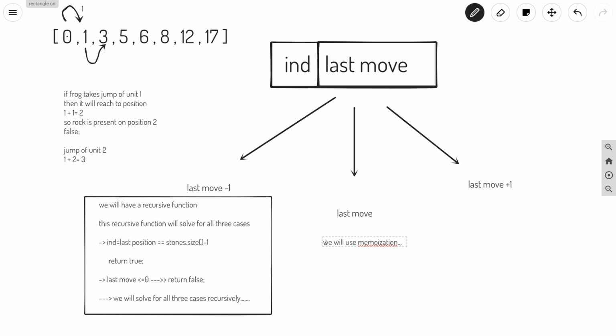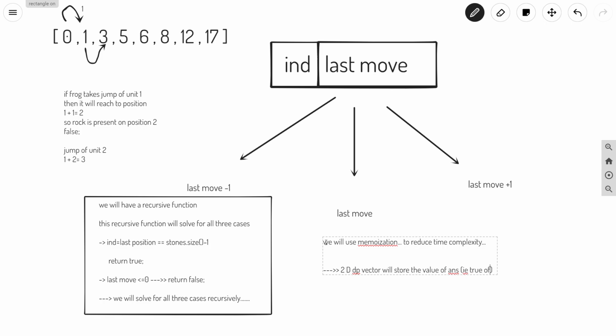For this, we will have a 2D dp vector, and this dp vector will store the value of the answer, that is true or false.